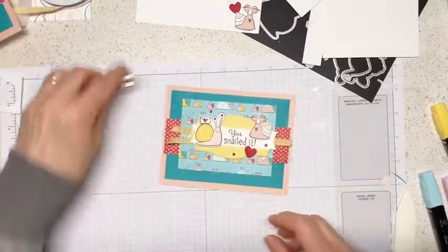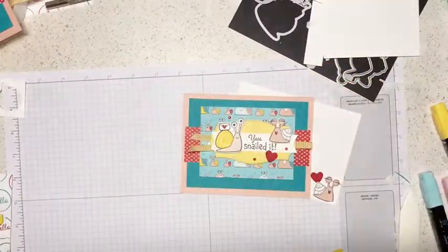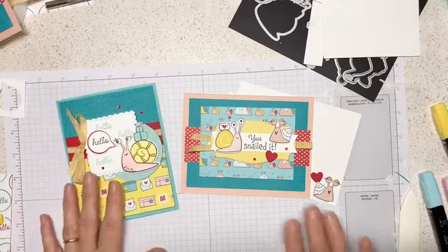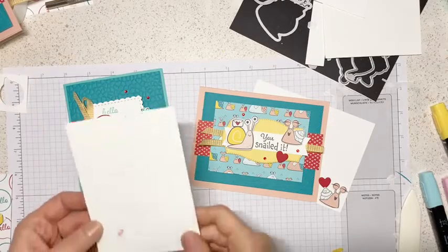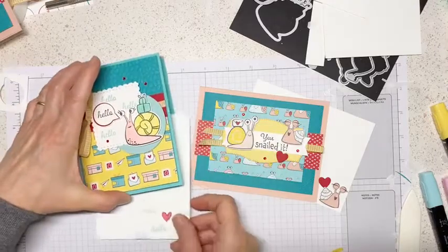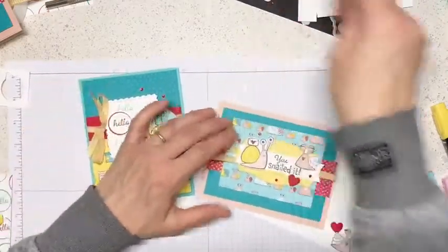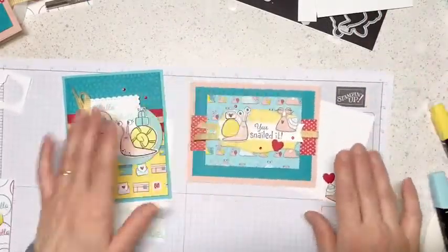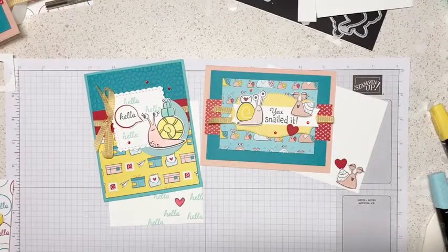So this is one card and has the inside like so. Then we'll go with this one, and let's pretend. Let me just take this one out of the one that I finished. Okay, so this one will have this insert. When I take a picture, you will see, well, you already have your tutorial. So let me clean my mess. One like so, one like so. Then you have